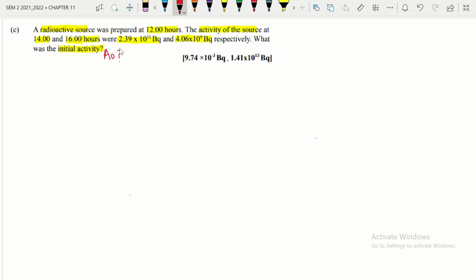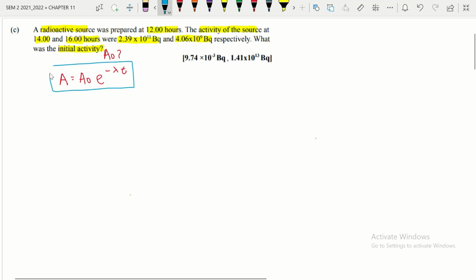So we know if kita nak cari initial activity, we can use this formula. Okay, equation of activity, which is activity equals to initial activity exponent negative decay constant times the time taken. So we can use this formula. Alright. Unfortunately, we can find the time taken. We can find, and we already know the activity at 14 hours and 16 hours, but we do not know the decay constant. Nak tak nak, kita kena cari dulu kita punya decay constant, dan only baru kita boleh masuk